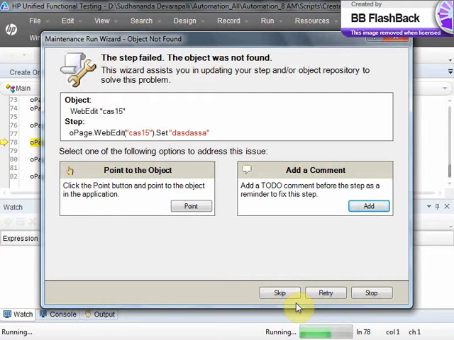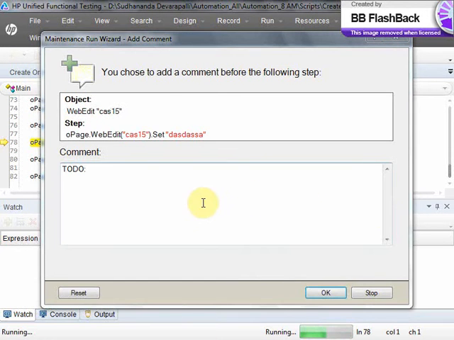Or say, for example, this step is not identified, right? This step is optional for me, I don't want to update it right now. Instead of updating, I will just add a comment for whatever step is not executing now. I will add a comment and then continue. That comment should be a kind of reminder for me. Instead of updating the step this time, I'm just adding the comment. Click on add and then say